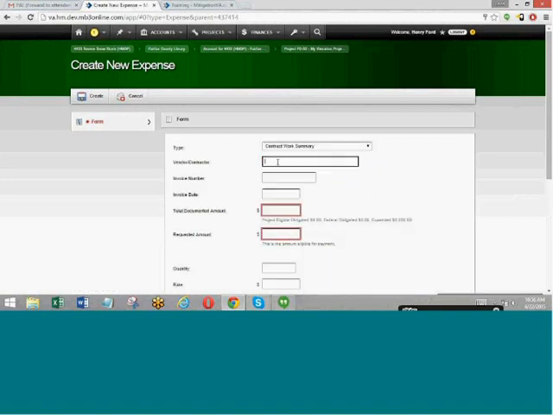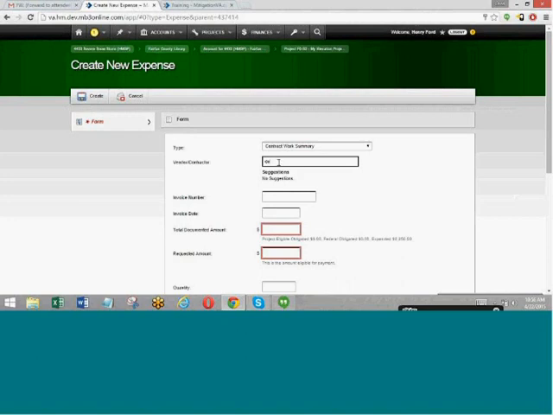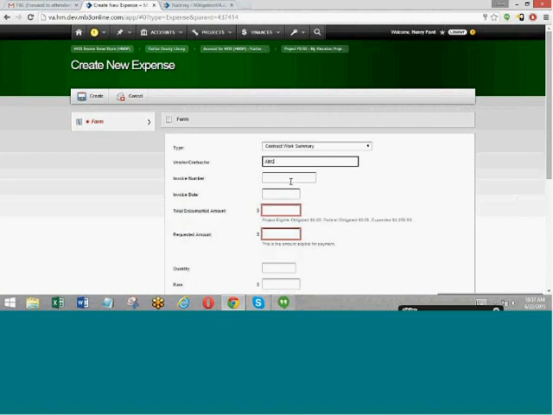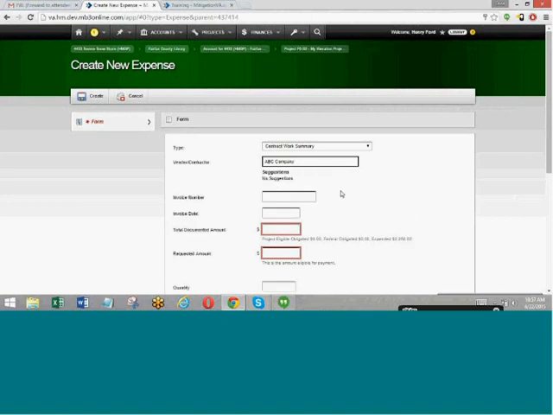You can type in the vendor name that shows up on that invoice. The system keeps track of vendors. So if you type in a vendor name, it will provide you with a suggestion here at the bottom. If no suggestion comes up, you can just type in a vendor name. It will tell you that there's no suggestion. It's fine, you can just ignore that. The system will then automatically add that vendor to the list, and next time it will be available to you for selection. You can also enter the invoice number.